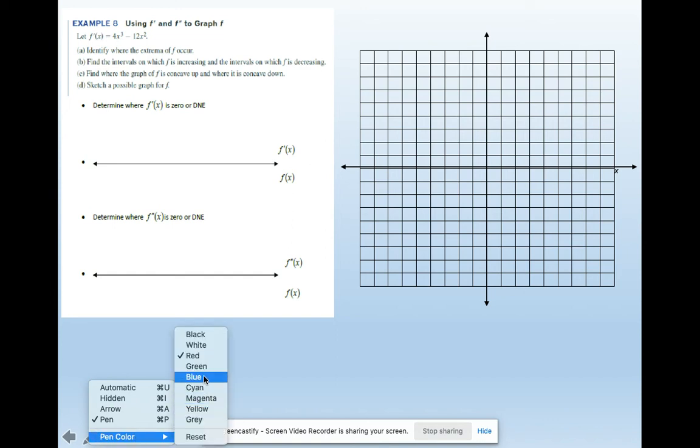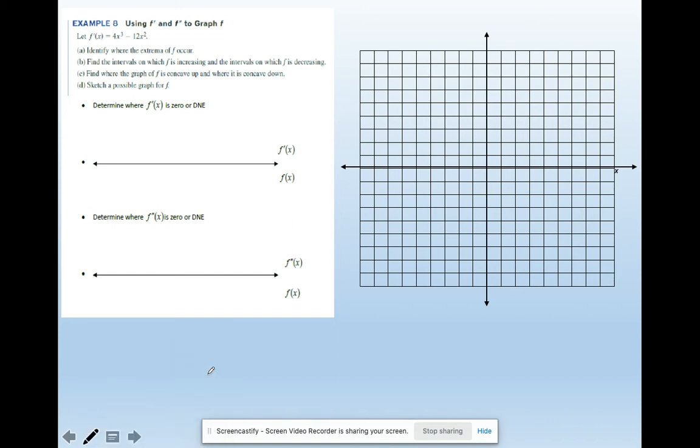Hey kids, let's do some more work with our derivative tests. Notice in this example, they are asking me to use the first and second derivative to graph f. So my goal over here is to get a graph of f. Well, didn't they give me f? No, they didn't. Look at,